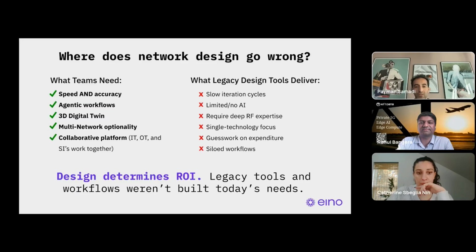When we think about the design, it's about the environment that we are in, and modeling that environment is quite important. In legacy methods, we generally don't have a very clear view of a 3D model of how things are, or if you want to get it, it's a very long and expensive process that isn't really worth it, because the project sometimes is not even won yet, and this is more on the initial phase of the conversation.